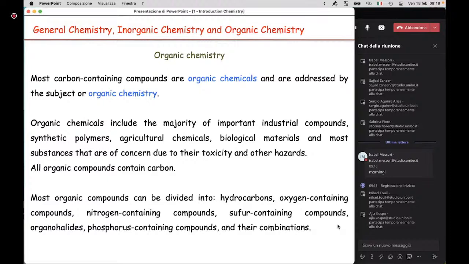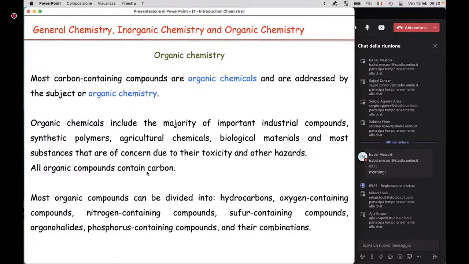Okay. Of course, organic chemistry is a very wide subject. Millions of different organic compounds have been synthesized and are known. So they are probably the most important part of any toxicological inquiry. All organic compounds must contain carbon. The definition of organic compounds is molecules containing carbon, basically, okay?